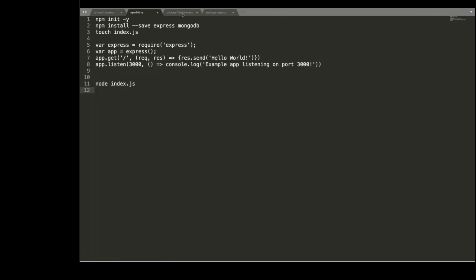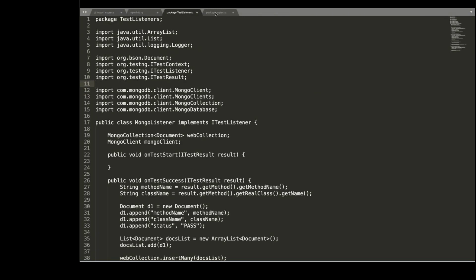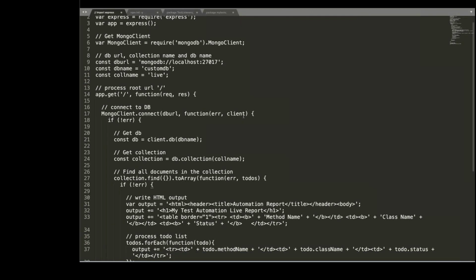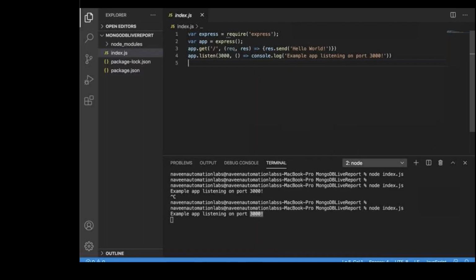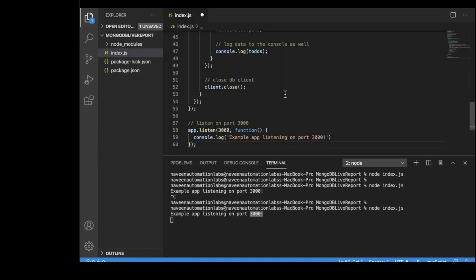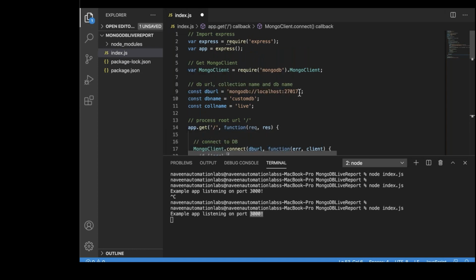This is already here because I really don't want to spend time on this. Okay, so copy this particular script. I'll share this particular script with you and I'll explain it. It's very simple. Let me just remove this one and paste it over here. So what I have done is, first of all, you have to give the URL, where exactly the MongoDB URL is. It's running on localhost 27017 custom DB.